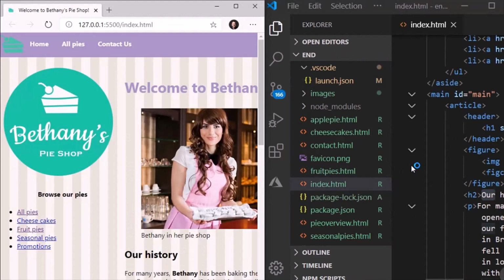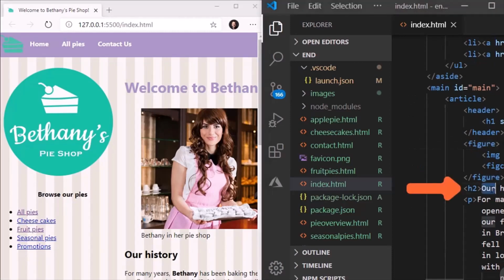And this is the site we'll be using in the course. It's Bethany's Pie Shop, which you may have seen in some other courses on Pluralsight. It's one of our fictitious online retailers with all sorts of beautiful, delicious pies that we'll be able to work with. So what you'll see, I'm going to come into the index.html file and change this "our history" to "my history", and that's going to be right below the image there. And if I save that, it'll update automatically in the browser. So that extension is not only serving up this page, but it's also then keeping track of changes to the